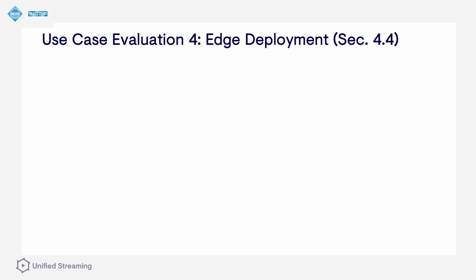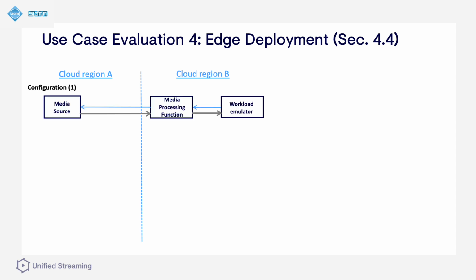The fourth use case evaluation is based on the edge deployment comparison for DMPWs. We have selected 3 different edge deployment configurations in 2 different cloud regions, A and B. In configuration 1, the media store is located in region A, and the media processing function is located in region B, together with the workload emulator, which is in charge of requesting MPEG-DASH and HLS media segments from